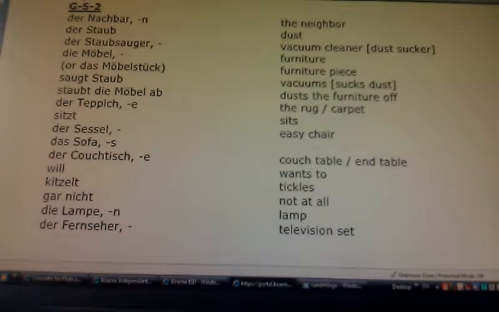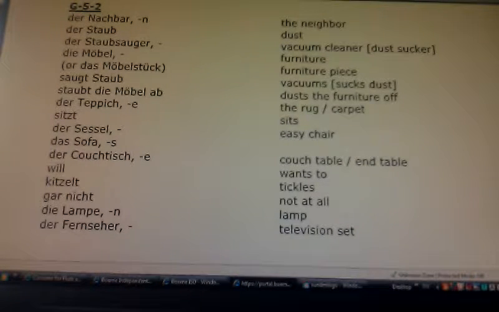Der Staub. Staub means dust. And der Staubsauger means the dust sucker, literally. And what is the dust sucker in the sense of home, being that that's the chapter we're working on? Of course, it's the vacuum cleaner. All right, then we have die Möbel. It's related to the word mobile, but it's really not that. In English, you would simply call it furniture. And a Möbelstück is a furniture piece, a specific piece. And saugt Staub means sucks dust, which means vacuums. Anyway, Staubsaugen is the verb,